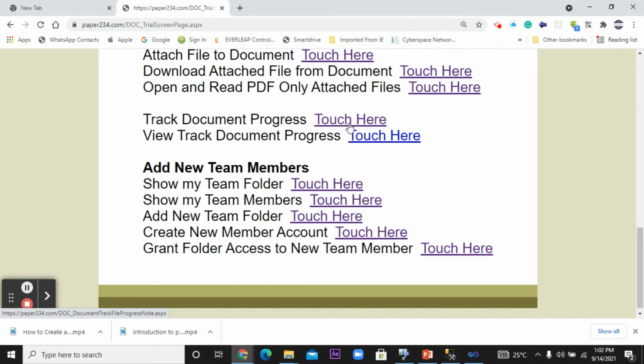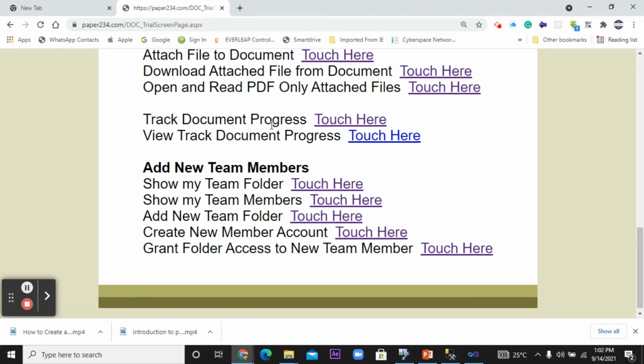So your team leader and other team members, it will become very transparent, especially now that people don't stay in the office, people stay at home to work. So you don't know what the person is doing. But when the document is being worked on, you'll be able to see what he has done today, what he will do tomorrow, or what he did yesterday. It will be very transparent.